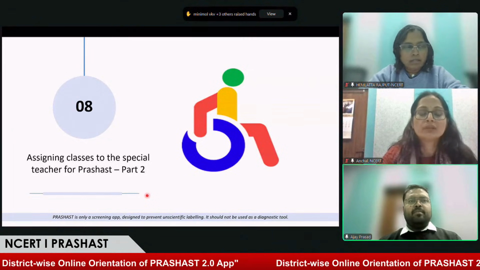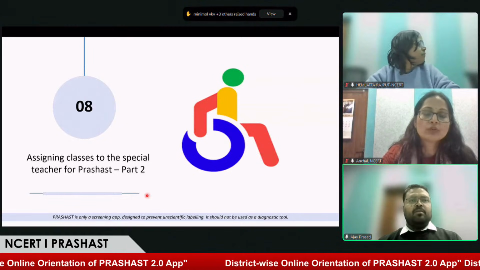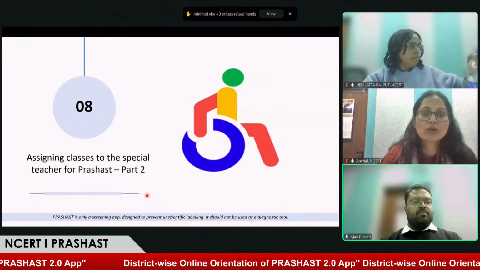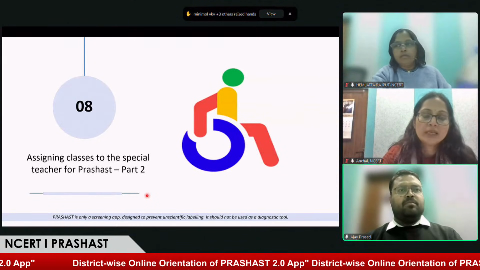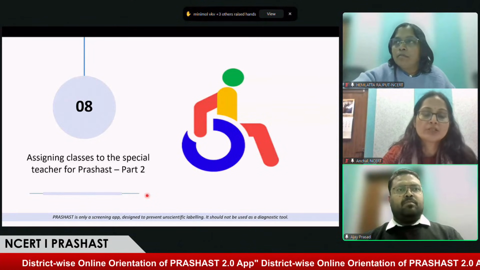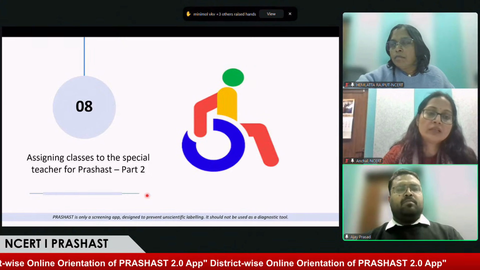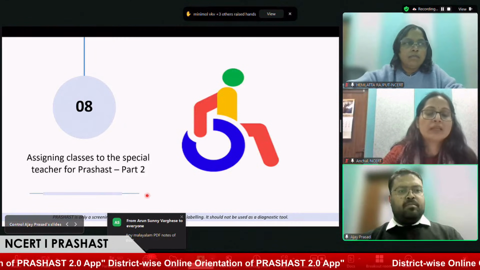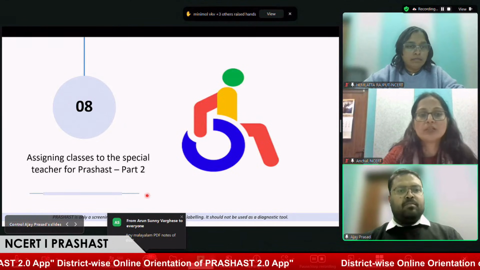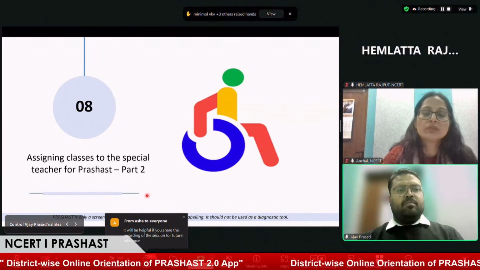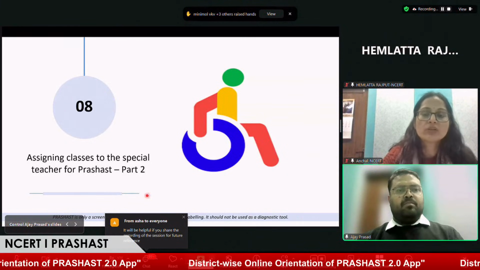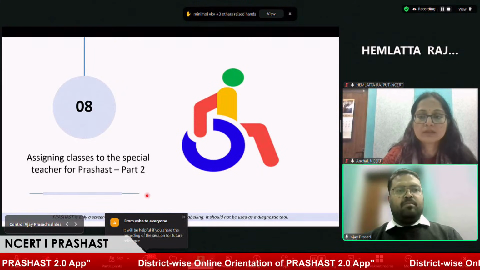Actually, ma'am, the application is revamped. So they need to delete and re-download the application from the Play Store or App Store, and then log in through Meri Pehchan first. After logging in through Meri Pehchan, they need to select the role. Then they can work in the application. The new version has some changes in the login process, so that's why they are facing challenges.